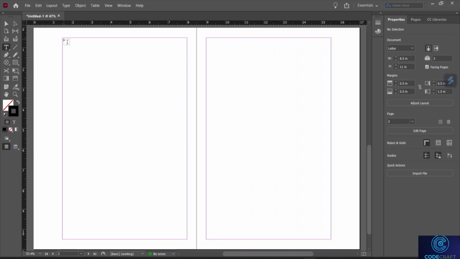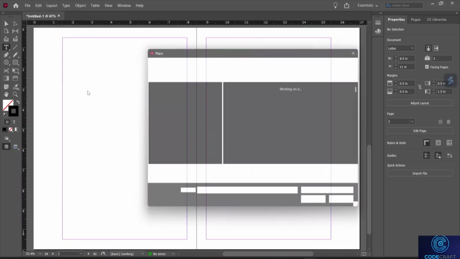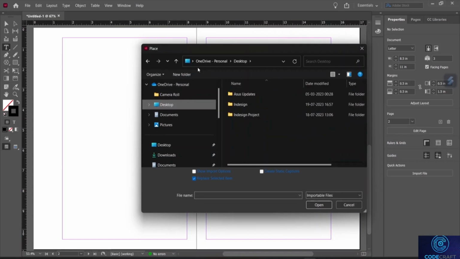In the same way, I will just create a text box. Here you can see after going to the file, I do have an option called the place option and its shortcut key is Control plus D. So I'll just click on this and after clicking on this, I'll just go to the desktop and I will search for